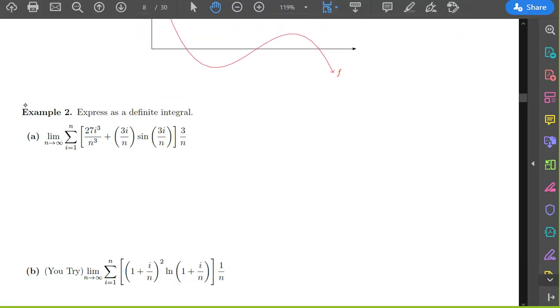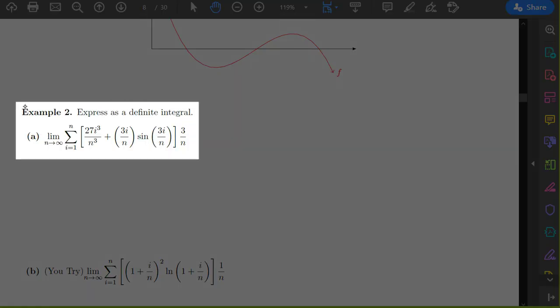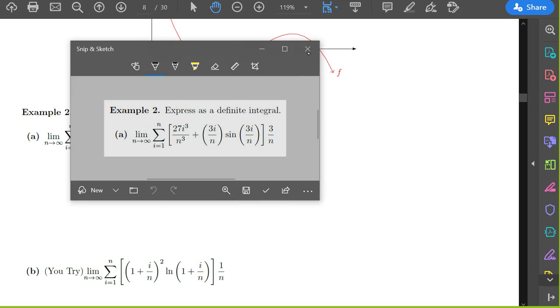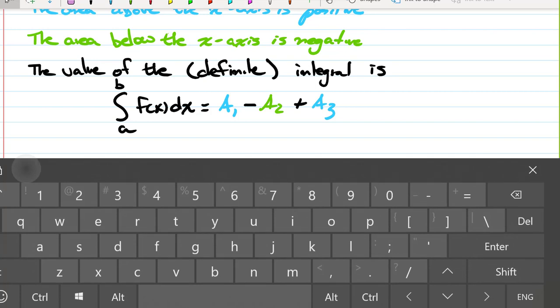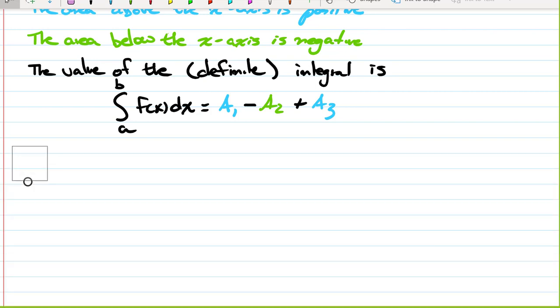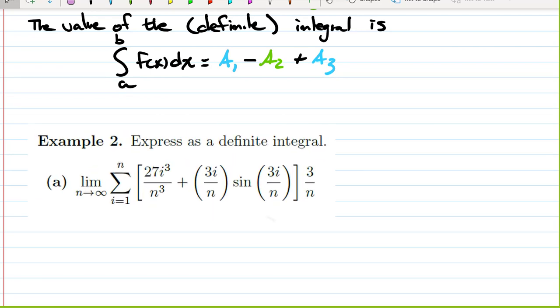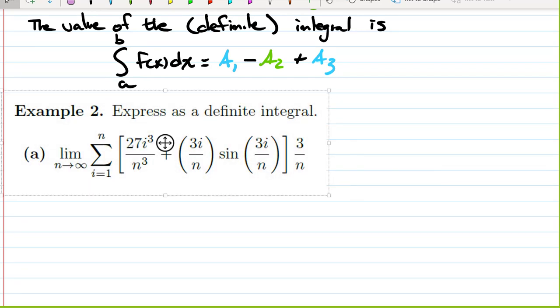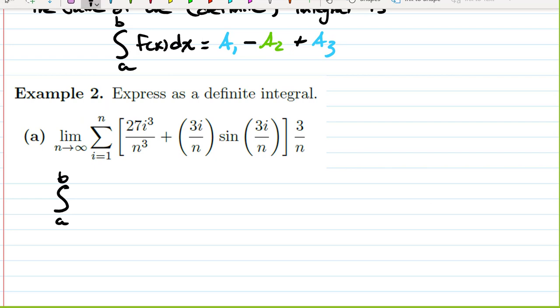So example 2, part A, wants us to rewrite this Riemann sum as a definite integral. So to remind us from our definition we had earlier, the integral from a to b of f of x dx